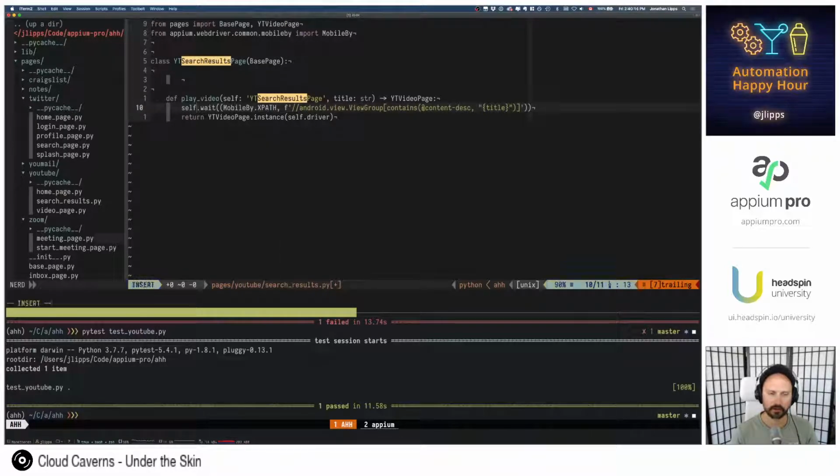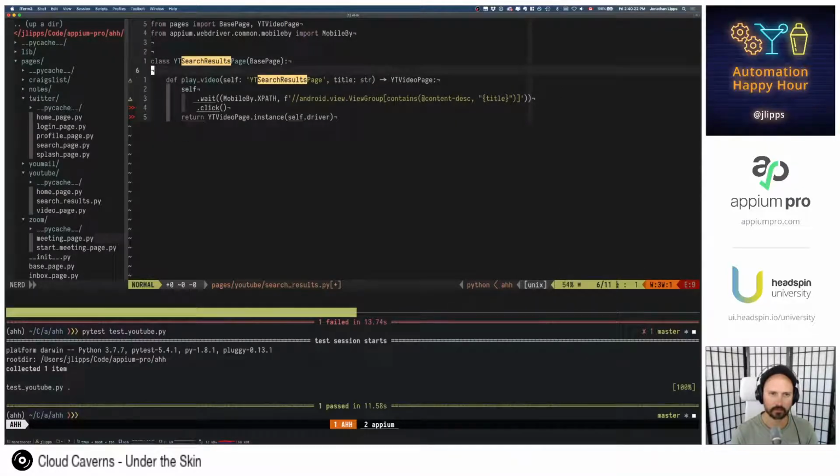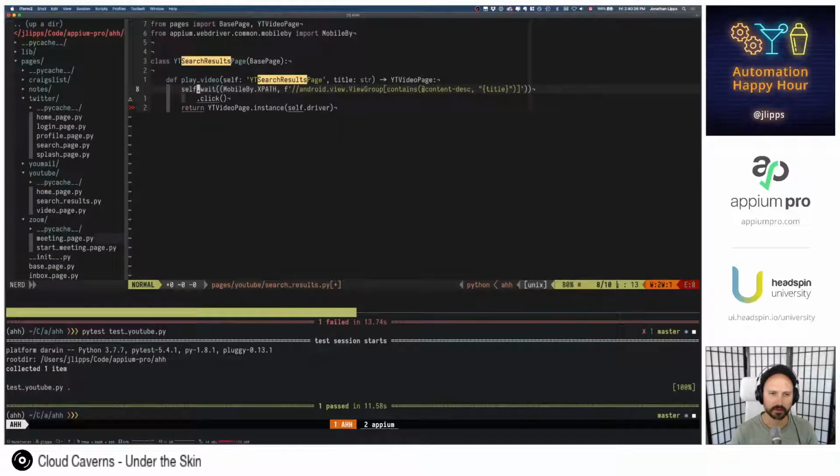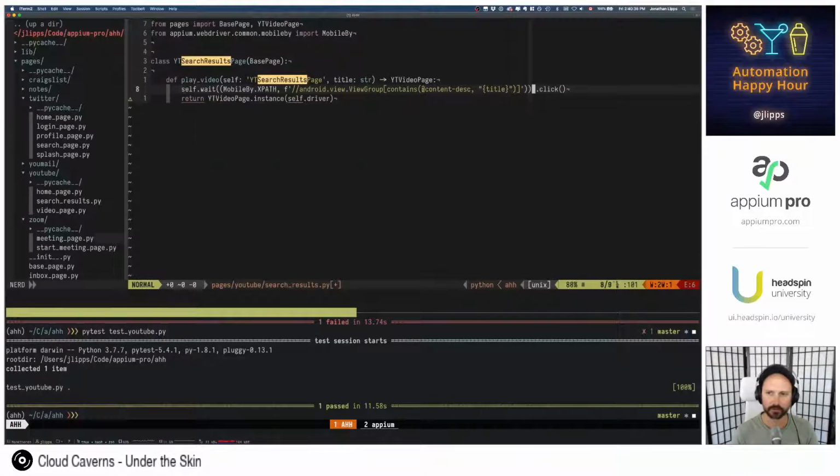And we're just going to click that. Oh, my linter doesn't like that. I think that would work, but I just don't like really long lines, but I guess there's nothing inherently wrong with that. Okay, so that gets us to the video page.